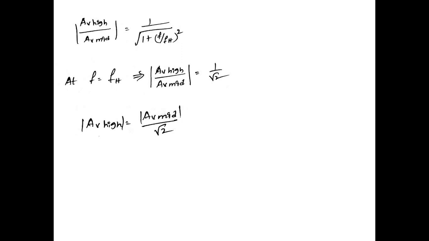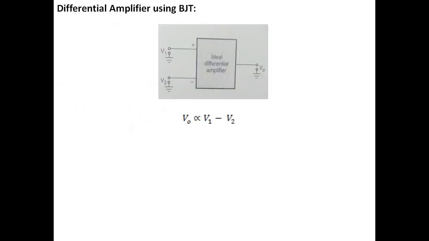Now let us go ahead with the differential amplifier. Now this is the basic circuit. Here we are not discussing the basic BJT. In the further classes we will discuss the functionality of the differential amplifier with the help of bipolar junction transistors. Now let us go ahead with what exactly is meant by a differential amplifier.